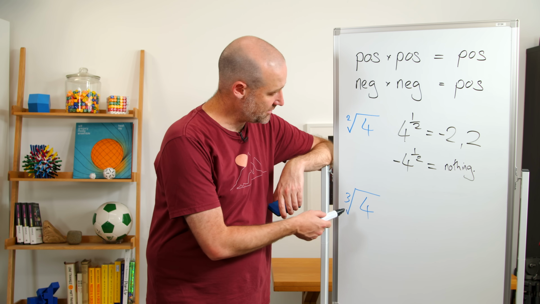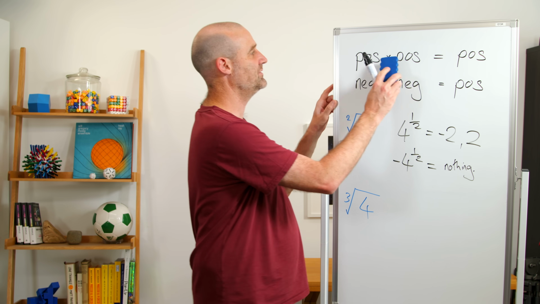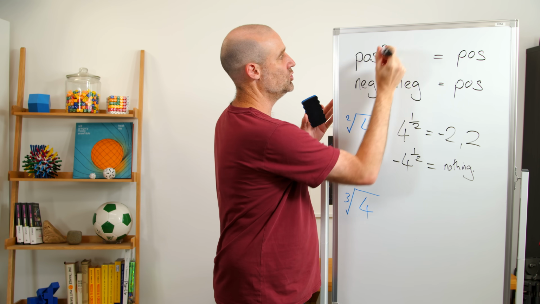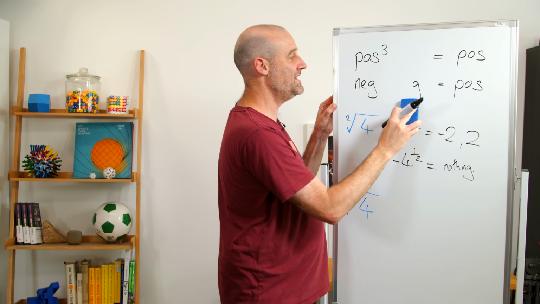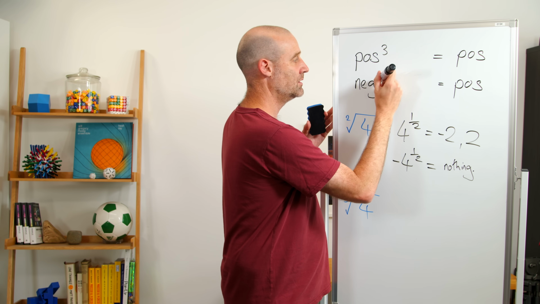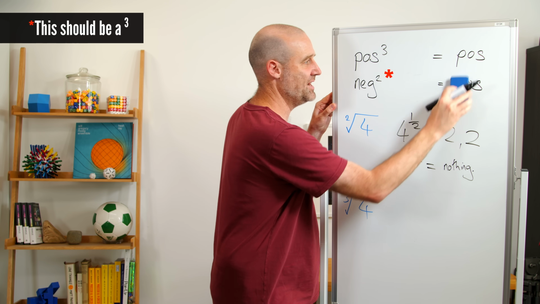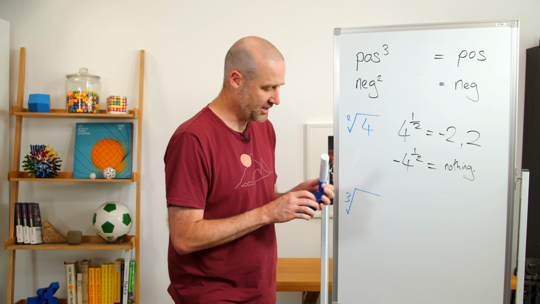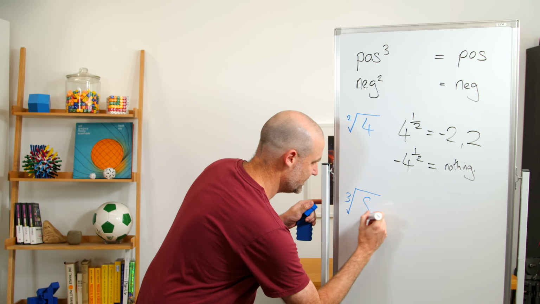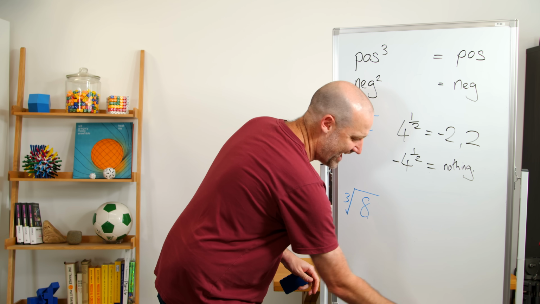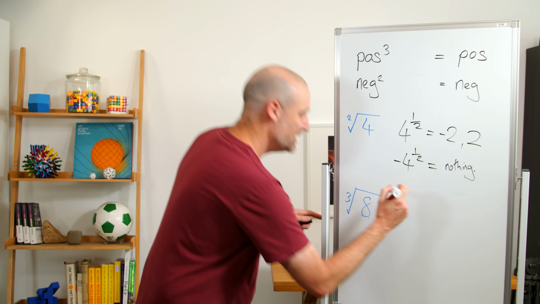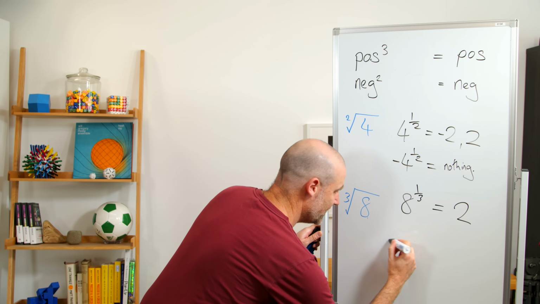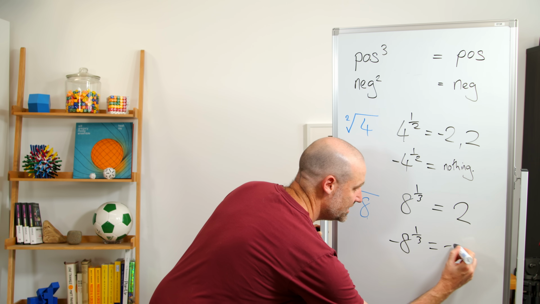Things get interesting down here in cube root town, because if we have a positive times a positive times a positive, so I'm just going to put positive cubed, that's still positive, but negative cubed, a negative times a negative times a negative, we're back in negative town. I'm going to cheat this slightly. 4 was a number I just picked to make the square roots easier, so I'm going to make it an 8 to make the cube roots easier, because that means now that if we have 8 to the power of a third, that just equals 2. And if we have -8 to the power of a third, it equals -2.